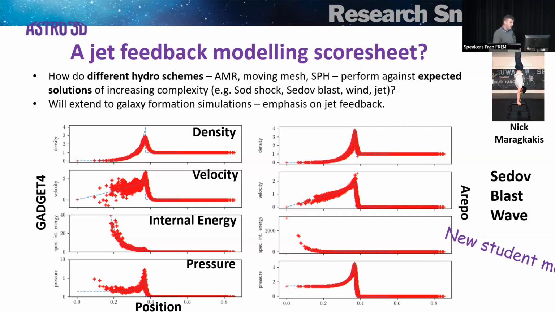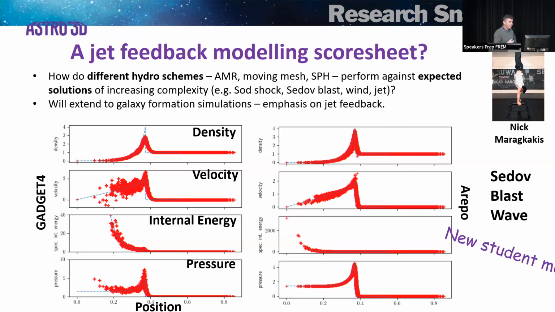We can take a code like Arepo, which is a moving mesh code. We can take a code like Gadget 4, which is a traditional SPH code. And we can also take the kinds of codes that were used to run those dedicated jet simulations. So in this case, it's Pluto, which is an AMR run. And we can look to see how well those different codes perform at recovering the solutions to known, simplified solutions. So for example, in this case, Nick is showing the density, velocity, internal energy, and pressure as a function of radius